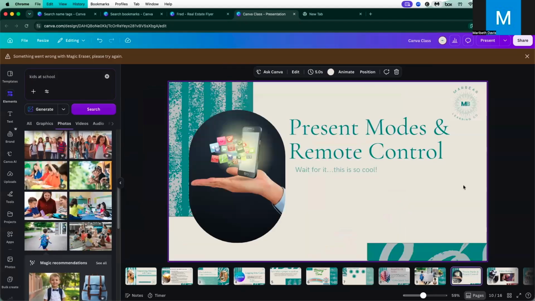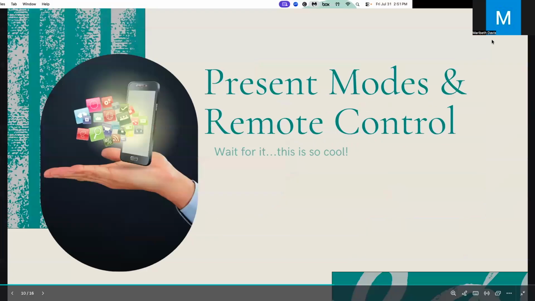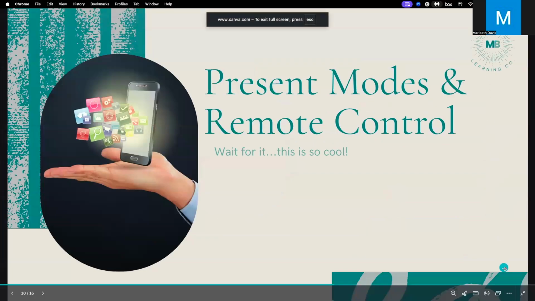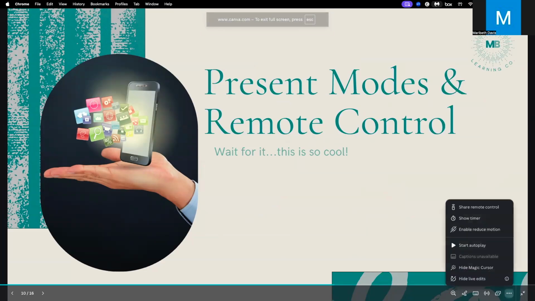Okay, going on. Present mode and remote control. This is super, super cool. If you have a PowerPoint lesson, we still call it PowerPoint, but a presentation that you've created like this, when you are going to do your presentation, you would go to present, and click on these three little dots down here, and right here you would click Share